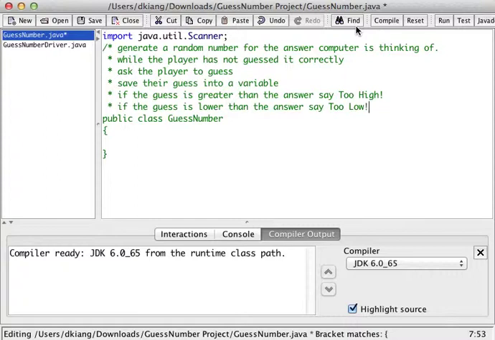Now some of you out there will probably have it verbally abuse the player and say rude things. You know, I can't prevent you from doing that technically, but boy, no class. So here's what I do. I say if the guess is greater than the answer, say too high. If the guess is lower than the answer, say too low. Otherwise, in computer language, we could also say else or otherwise,